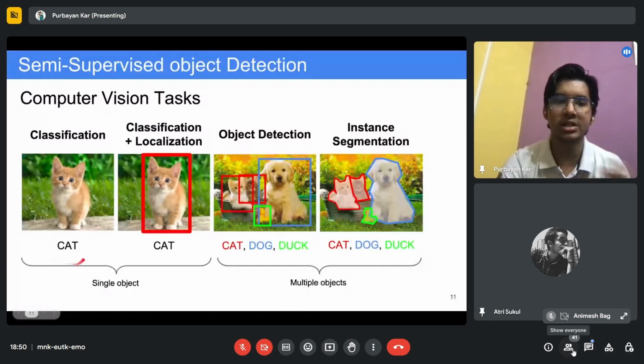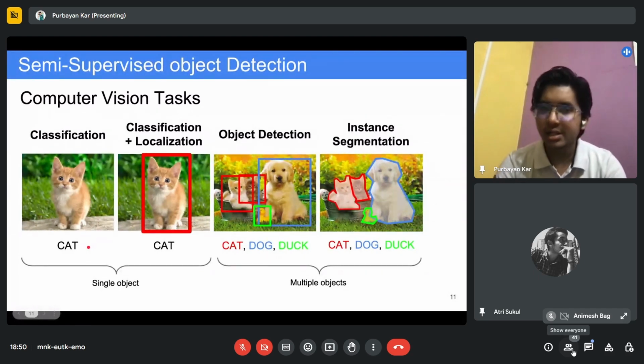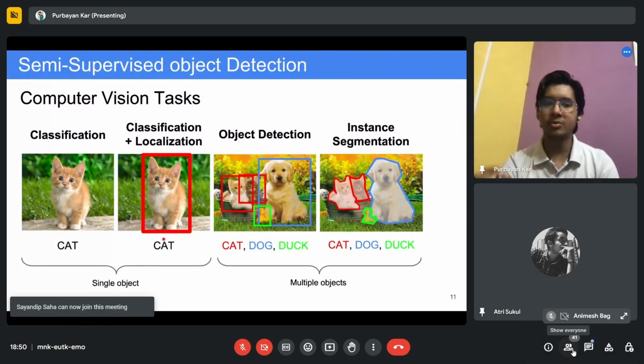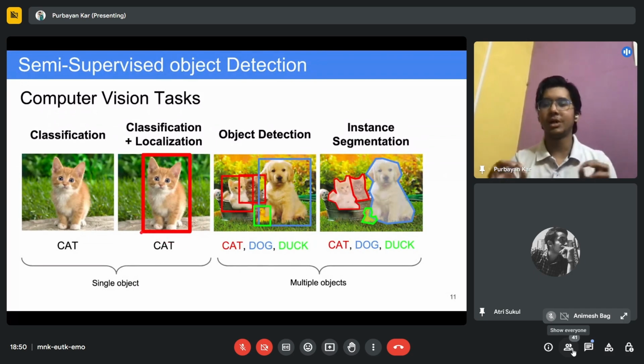Here the model classifies that there is a cat. Very simple. People have been doing this for ages. The next, slightly more difficult task is classification and localization. Now you don't just need to classify what is inside the image; you have to give the exact location of the particular object inside the image.